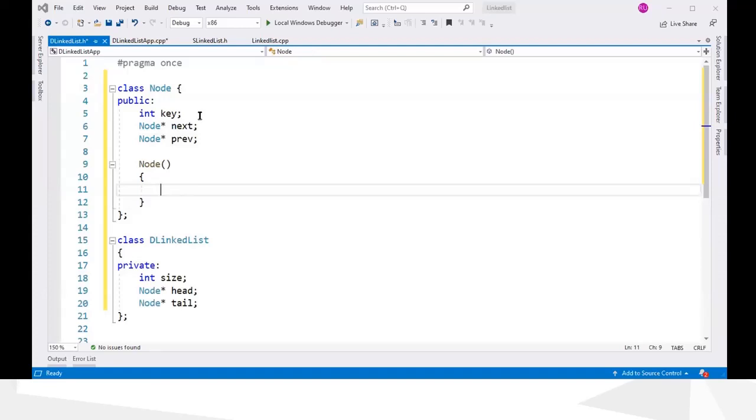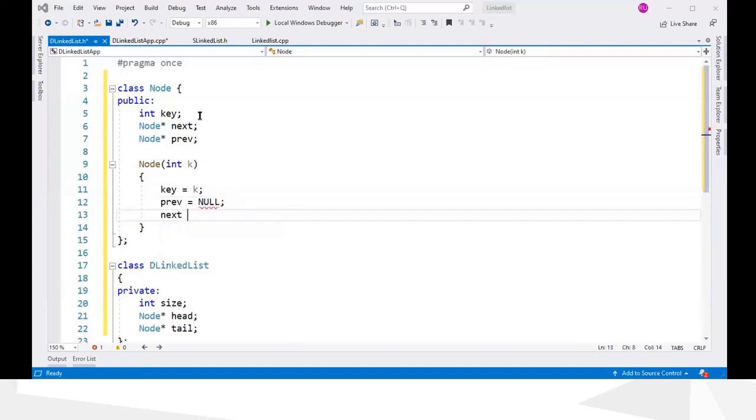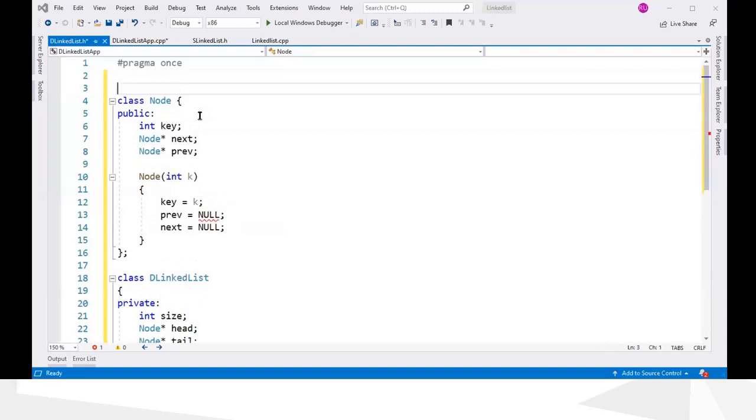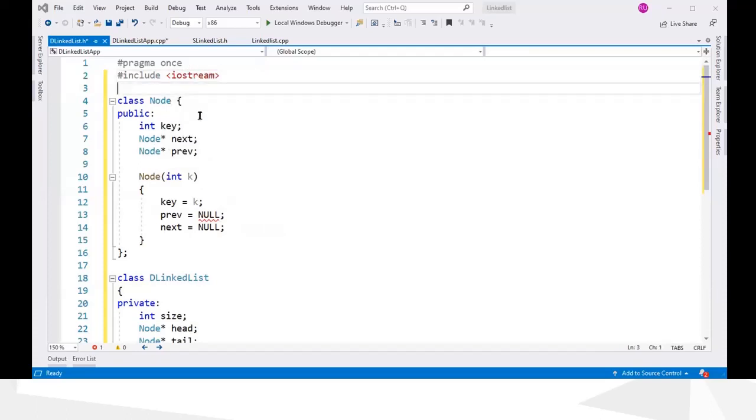So we will have a parameterized constructor. We have this null, it's not defined, so we have to include iostream for that.